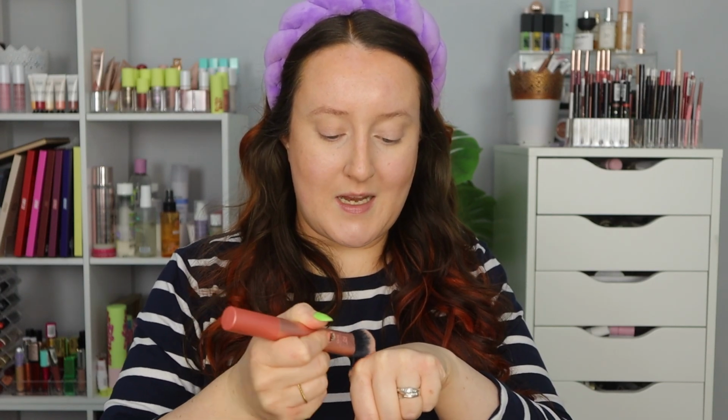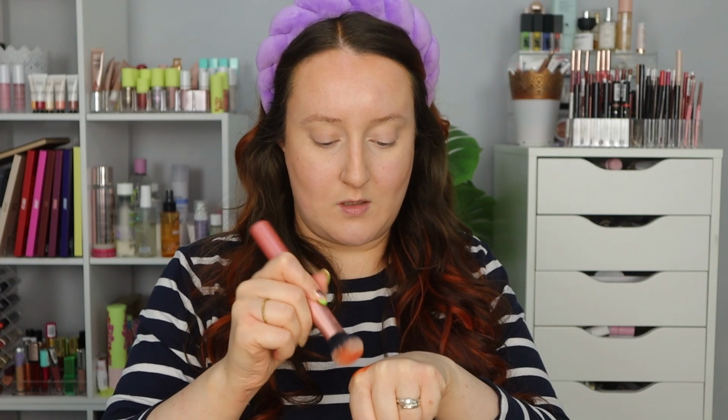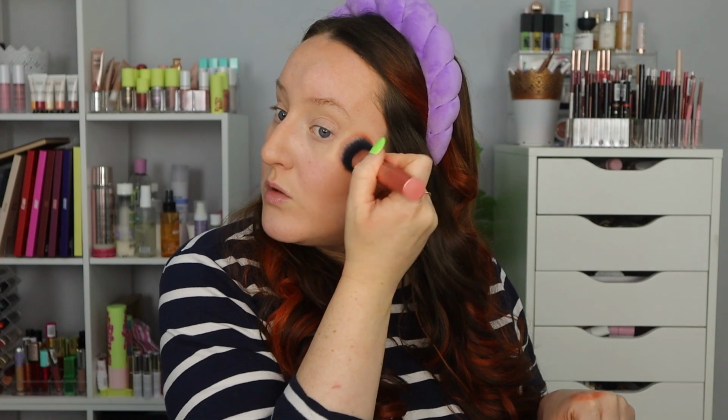This is so pigmented, taking basically just one little dot, and I'm working that into the brush, picking it up on all of those bristles, working it into the brush, and then tapping on from there so that I don't get too much on my face at like the first little swipe. So just tapping that in, and I just love this orangey, almost sunburn colour